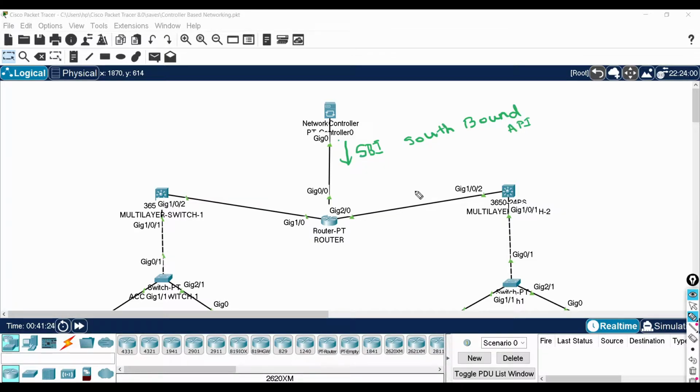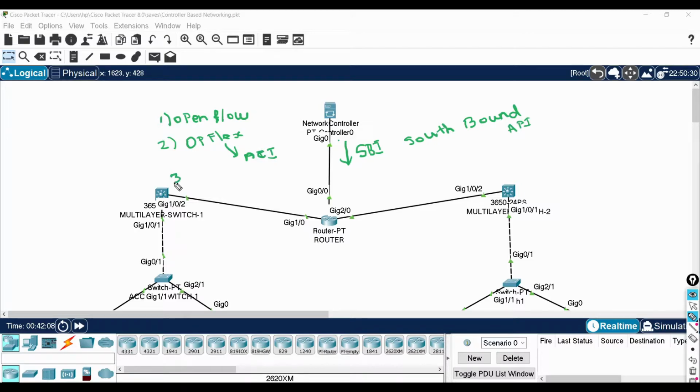And there are four types of southbound API. The first one is OpenFlow API. It is actually an open source API. And the second one is OpFlex. Actually, this API is used by ACI, Application Centric Infrastructure.